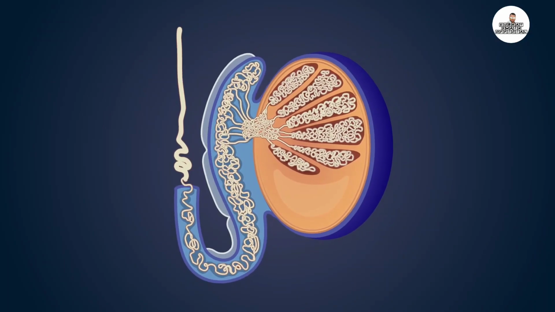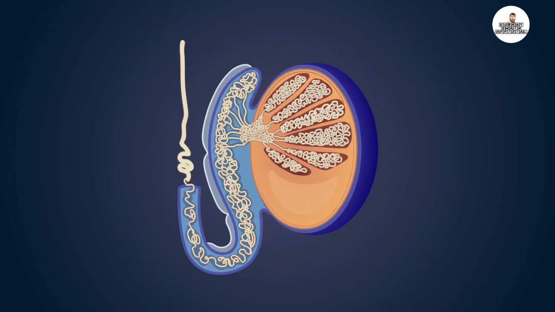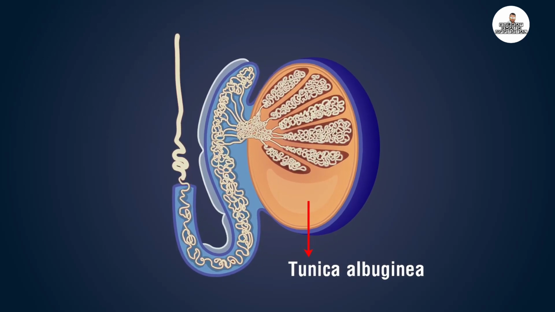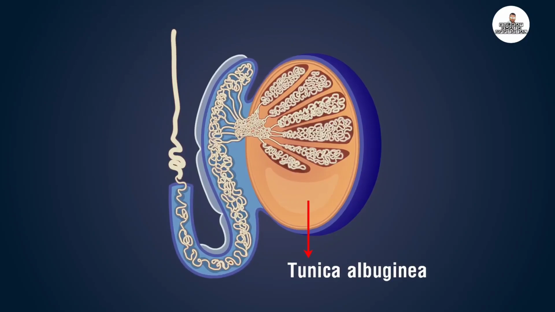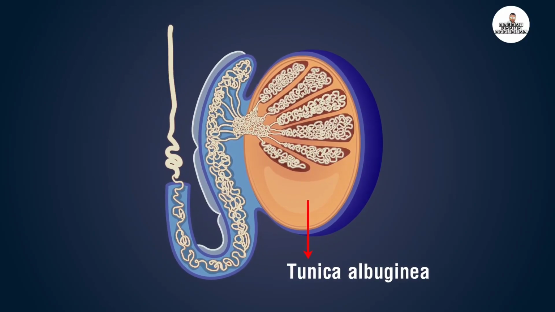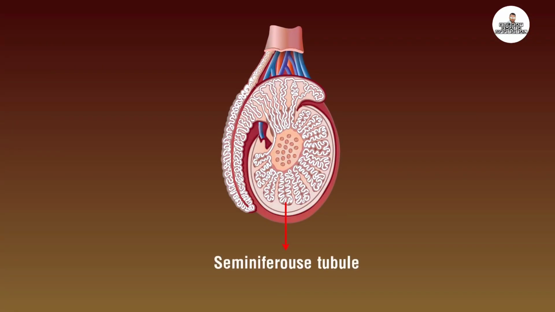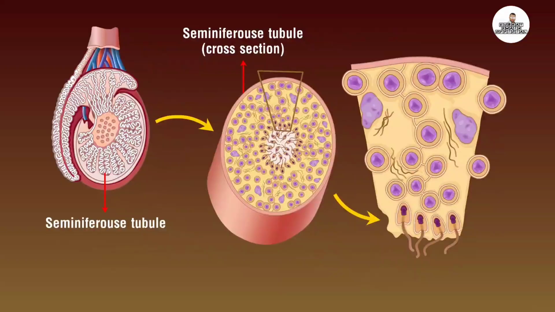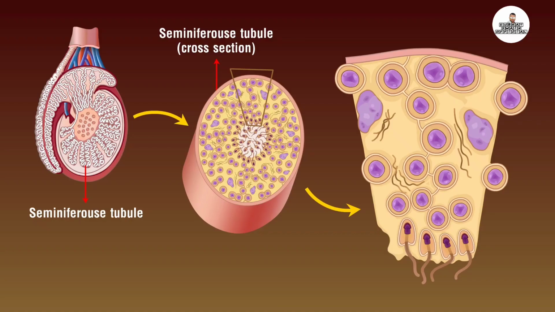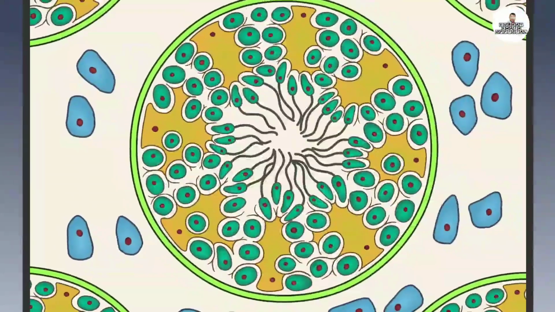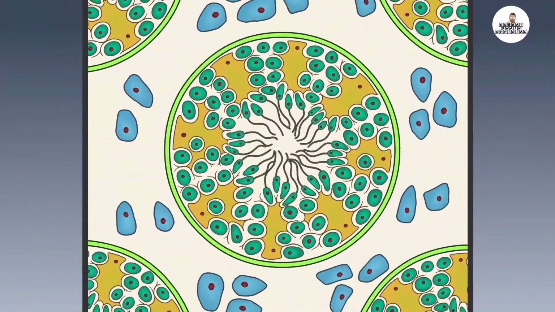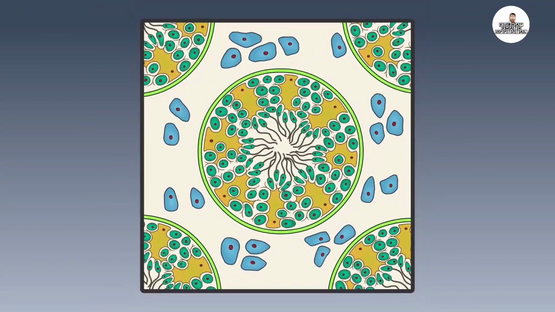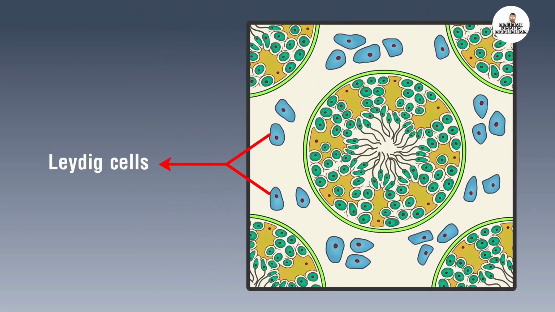The testes are covered by dense fibrous fibers known as tunica albuginea. It is a capsule of thick connective tissue which encloses a matrix or interstitium. Interstitium encloses numerous minute microscopic structural and functional tubules called seminiferous tubules. Interstitium is the region outside the seminiferous tubules, also called interstitial spaces, which contain small blood vessels and interstitial cells